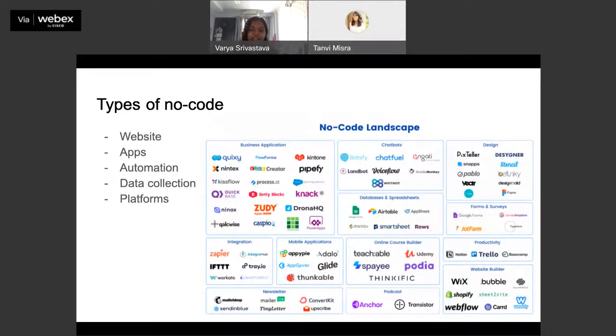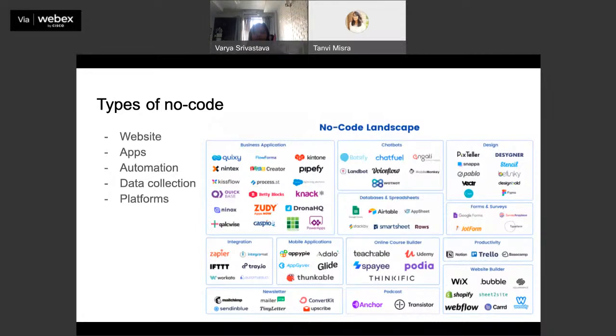So collecting leads of your prospective customers, collecting information on other things that are important from your business perspective is again a very important thing that you need to do to build a successful product. Data is probably one of the single most important drivers of your product and of your business. So there are multiple ways to collect data. Google Sheets is probably the most reliable one, but others include things like Airtable, AppSheet, and so on. And then the next is platforms.